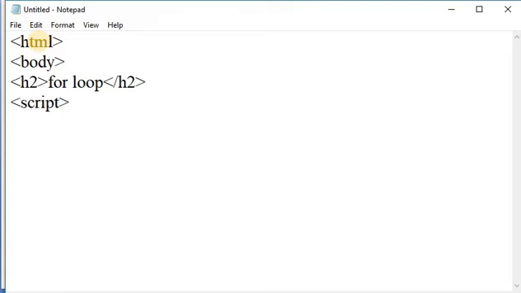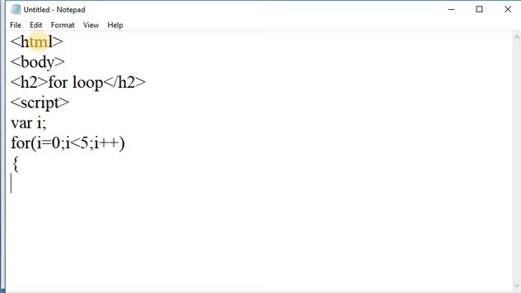In the script tag, I declare a variable i. After that, we write a for loop. Suppose i is equal to 0, it starts with 0. Then the conditional statement, that is i is less than 5, and i plus plus, it increments by 1.